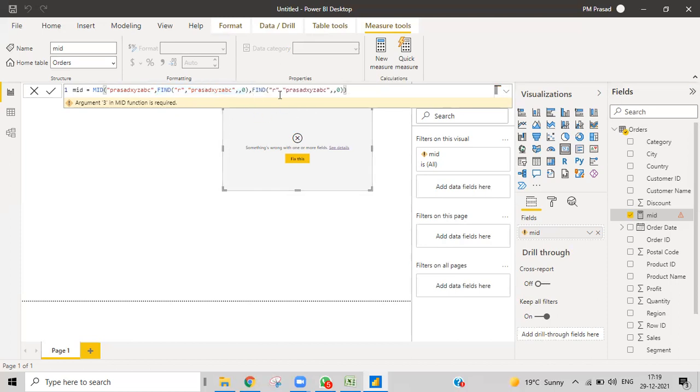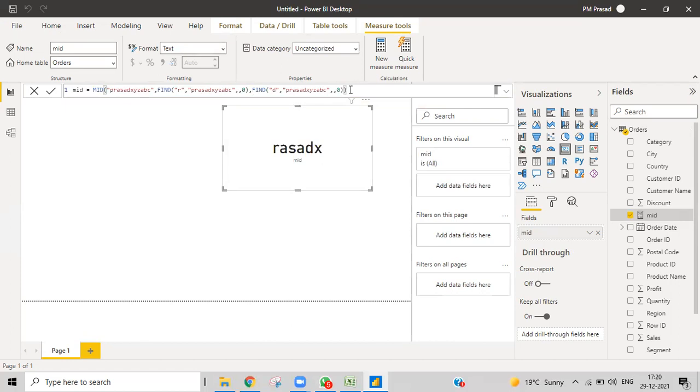Control V. And then again, I want to find the D. I'll find the D. But if you find the D and then enter, you don't get just that D. I'll get more letters. See, I'm getting more letters. I don't want to get that.